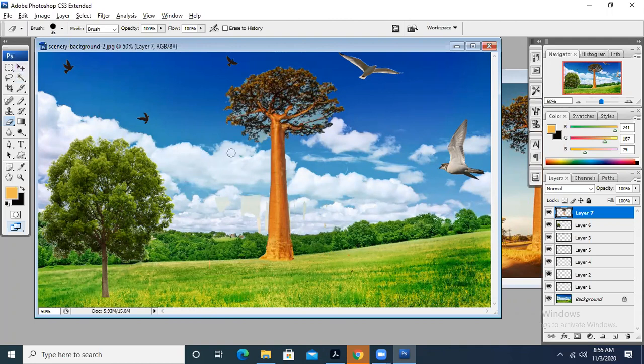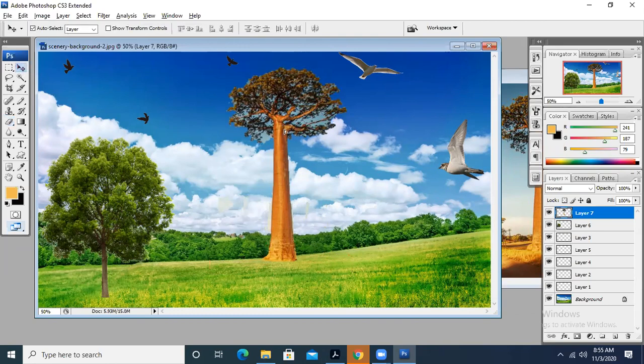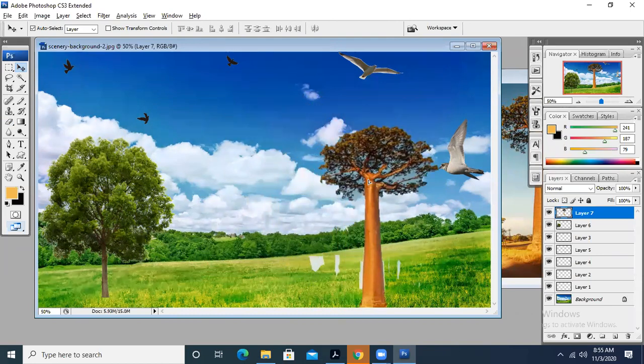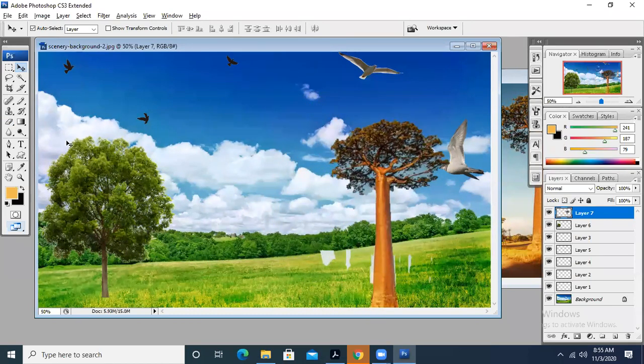Okay, now in this way, that is what I have performed. Keep in mind when I am doing this job that layer 7 is selected, on which this tree is available. Otherwise, you are not going to apply it in a proper way. Now you can see that still some background is there. It was not clear to me because it was on white color. So I am going to take the eraser and erase it properly with proper hand control.